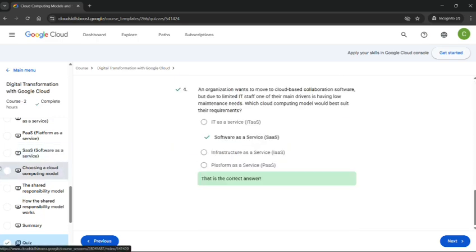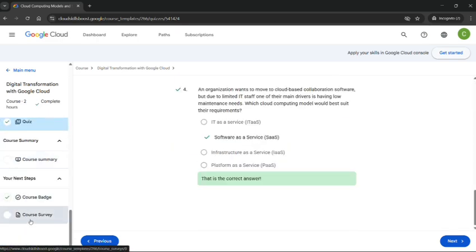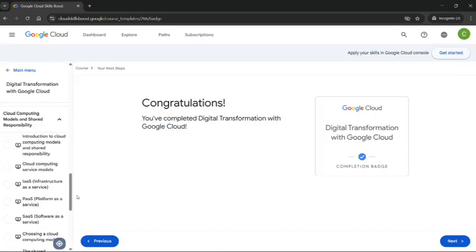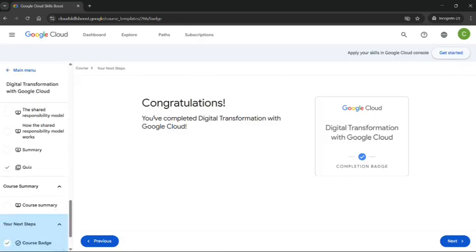And at the bottom, the course will also automatically get marked as complete. Finally, if you go back and click on the course, you'll see that this batch has also been completed successfully. Congratulations! You've successfully completed another free batch.